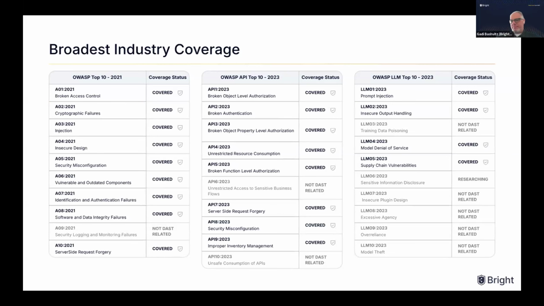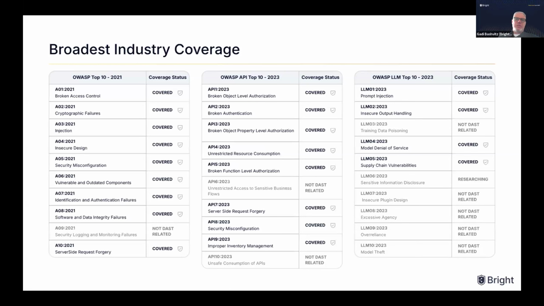And that starts with, I'm giving the examples of OWASP here and three different flavors of OWASP vulnerabilities, but we have the OWASP top 10, the OWASP API top 10, and the OWASP LLM top 10, which we talked about earlier. You need to make sure that you have a broad coverage of these and many, many other vulnerabilities when you're testing,